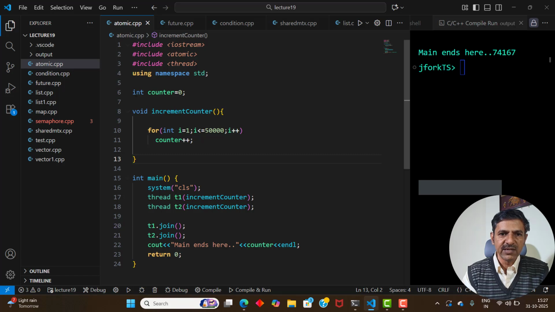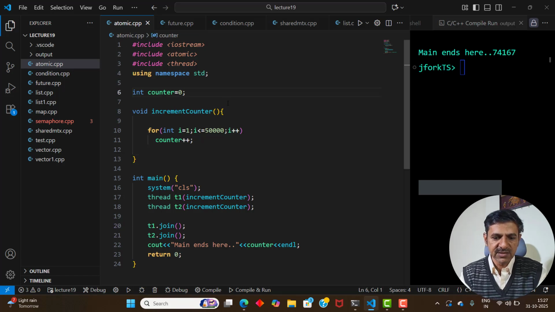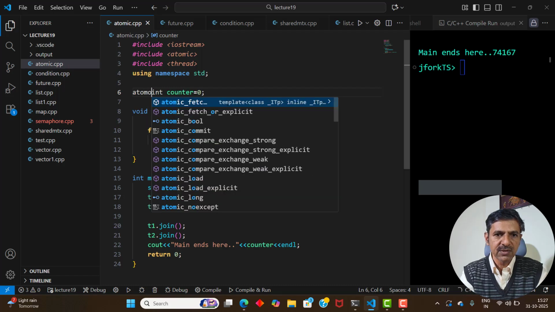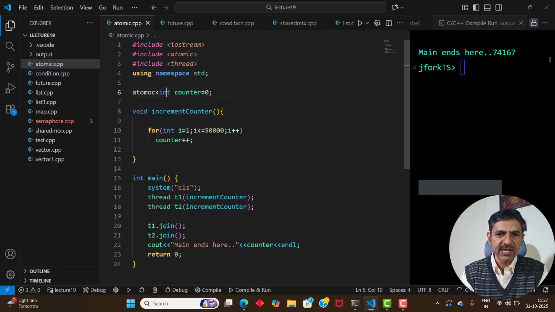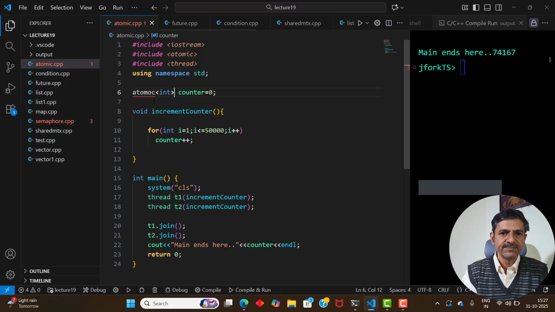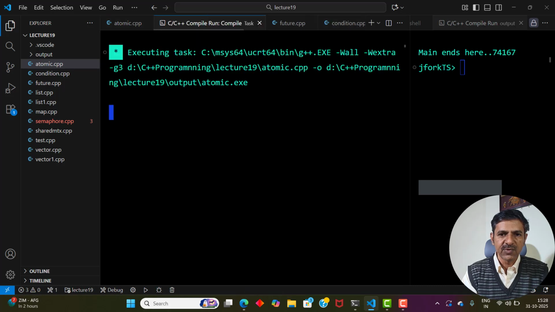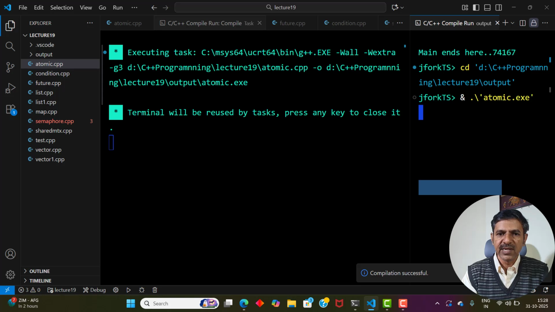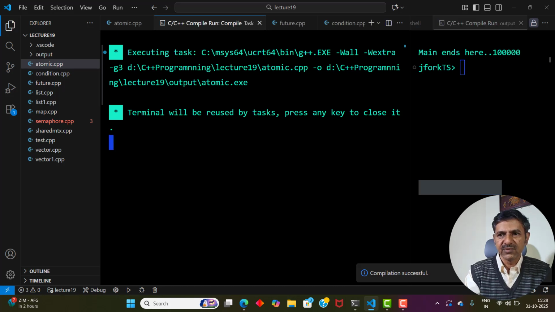Okay. Now to prevent this, you use a synchronization mechanism called atomic. Just include the keyword atomic and include this header file atomic here. So now the counter is locked when thread 1 is incrementing, and it will be opened only after the proper synchronization is done. Now you expect main ends here with 1 lakh value, as you can see,